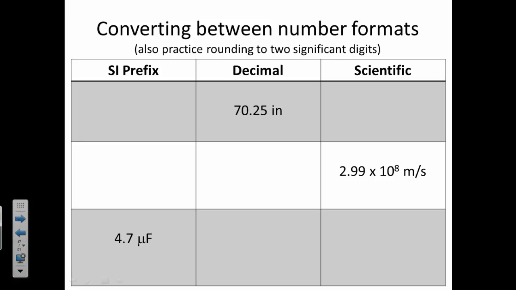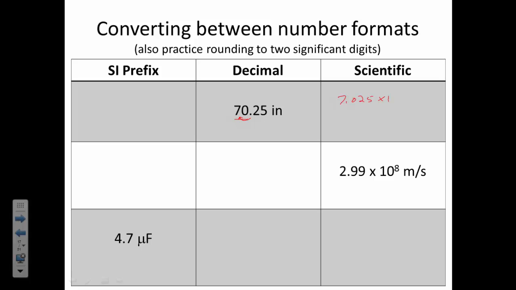A couple more examples. These are on a worksheet that you have. Let's convert these numbers to the other formats, and then we can also round these to 2 significant digits. I'll hold off on rounding until then. All right, let's go decimal and let's convert to scientific first here. And so, well, we need a number that's greater than or equal to 1 or less than 10. 70 is too big, so we're going to have to move our decimal place over by 1. So we're going to have 7.025